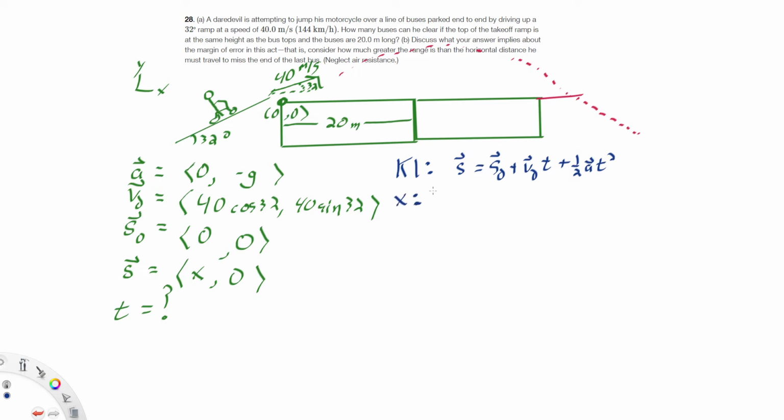In the x direction, this is essentially x equals initial x position is 0, initial x velocity is 40 cosine 32, and acceleration in the x direction is 0. In the y direction, we're looking at final position of 0, initial position of 0,